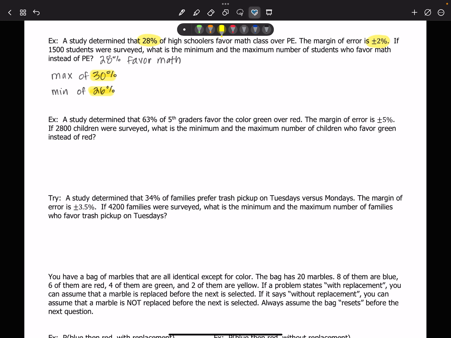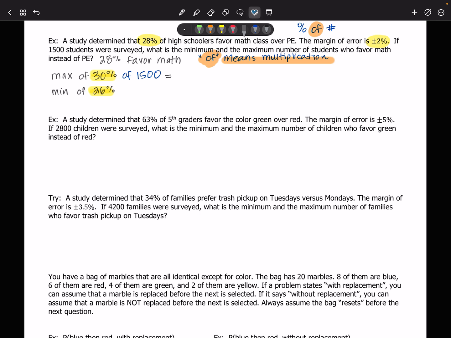So the maximum of 30% would be 30% of 1,500 students. And "of" means multiplication. So they'll give you a percentage of a number, and that "of" right here means multiplication. So when you see that percent of a number, you're going to multiply the percent by the number. So 30% of 1,500,